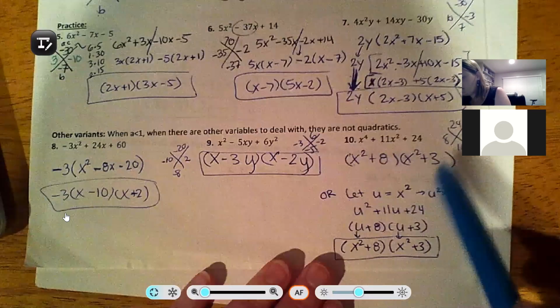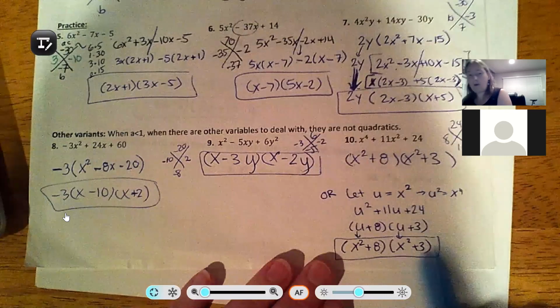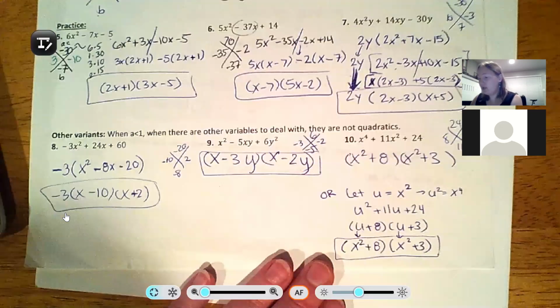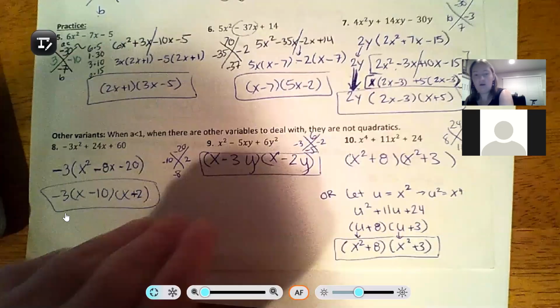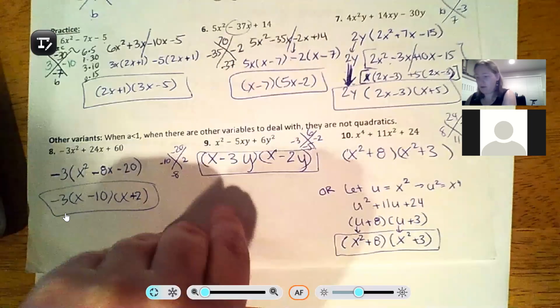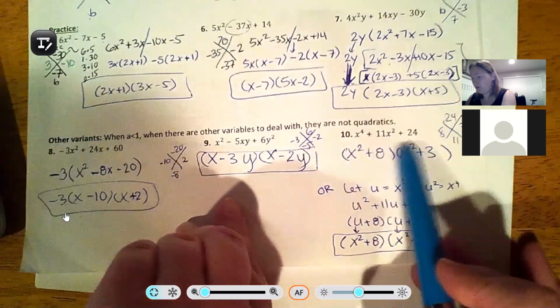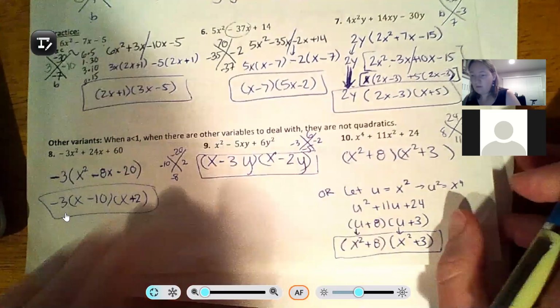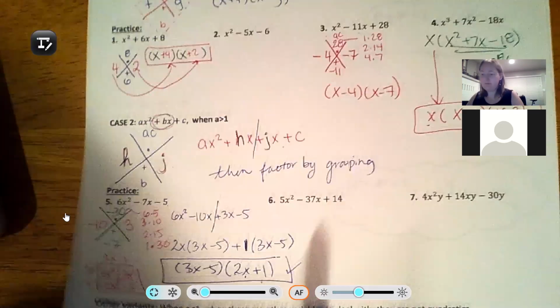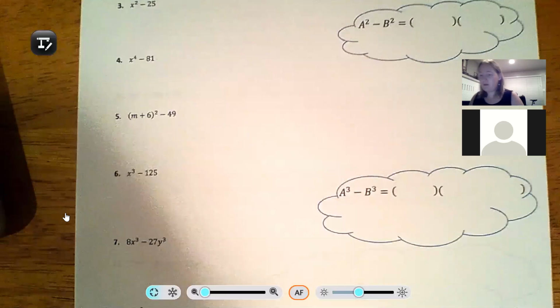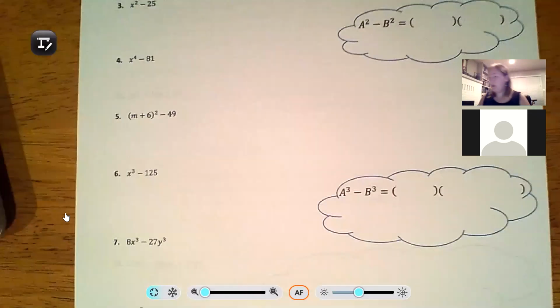Okay, so we'll talk more about that method, but for now, if you see an x to the 4th, it's x squared and x squared. And then the rest is the same. You just deal with the 24 and the 11. So that is 5.5. And last thing that I'm going to mention for tonight is